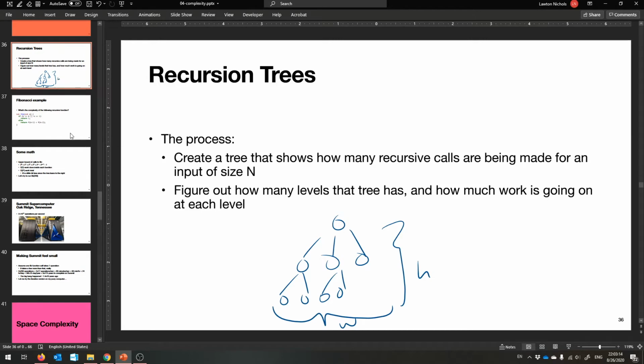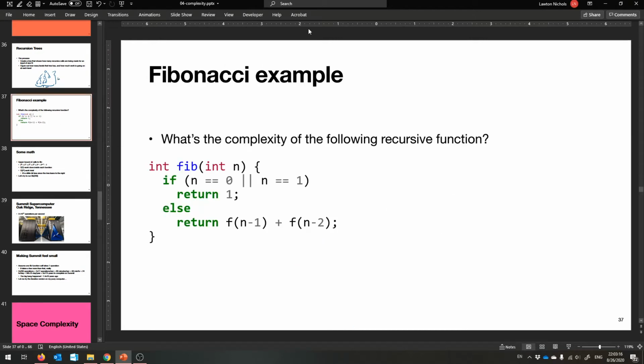So how do we do that? Let's give an example. So what's the complexity of the following function, Fibonacci? All right, so here's our function, and for this one I'm just starting it at 1, 1. So 1, 1, 2, 3. I could have done 0, 1 as well, but this is simpler to write. Okay, it's just the first two values are 1 in this case. Okay. So this is alternate Fibonacci, and what it's doing is, let's say we're calling